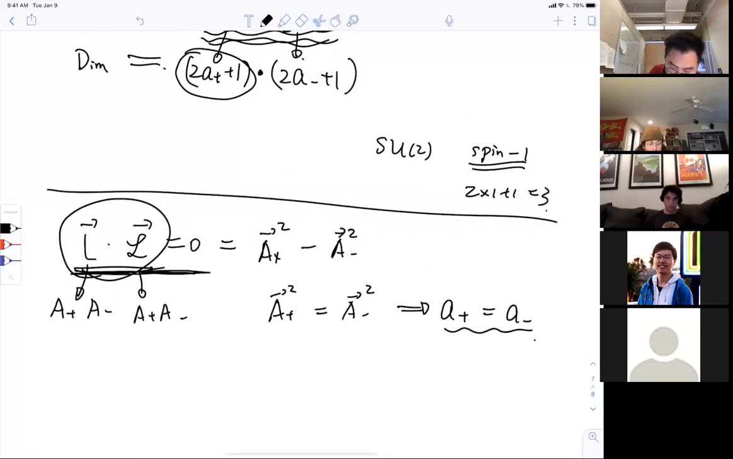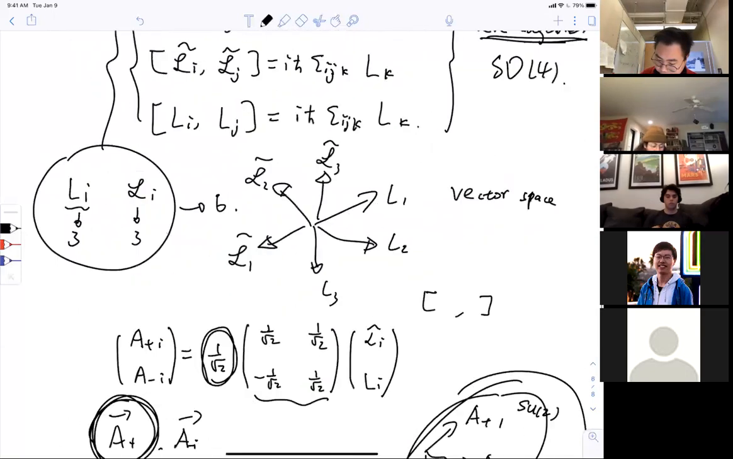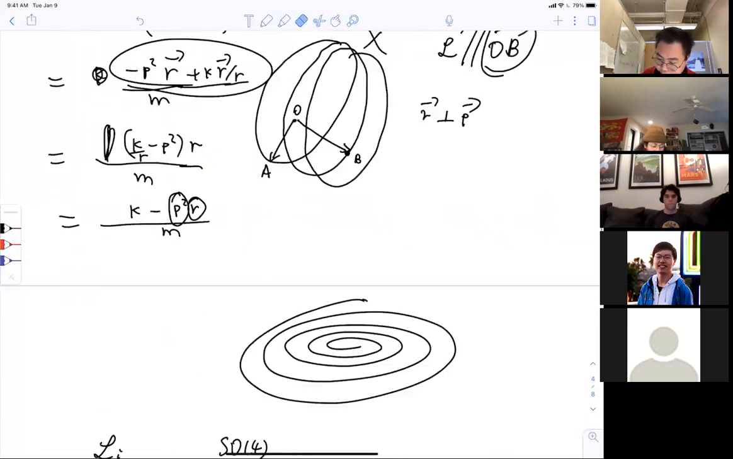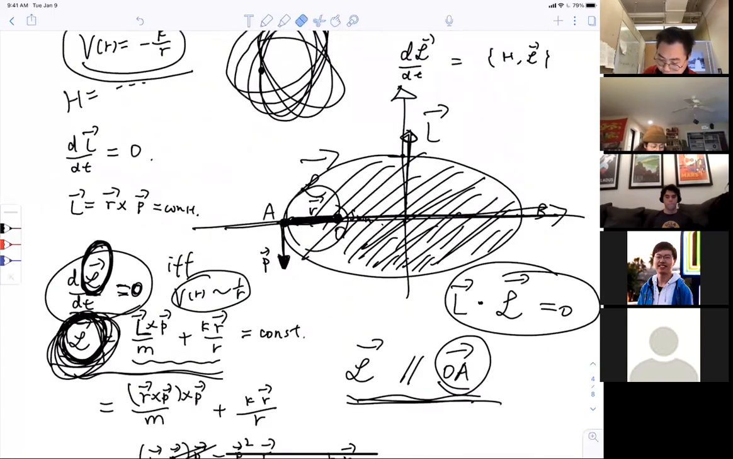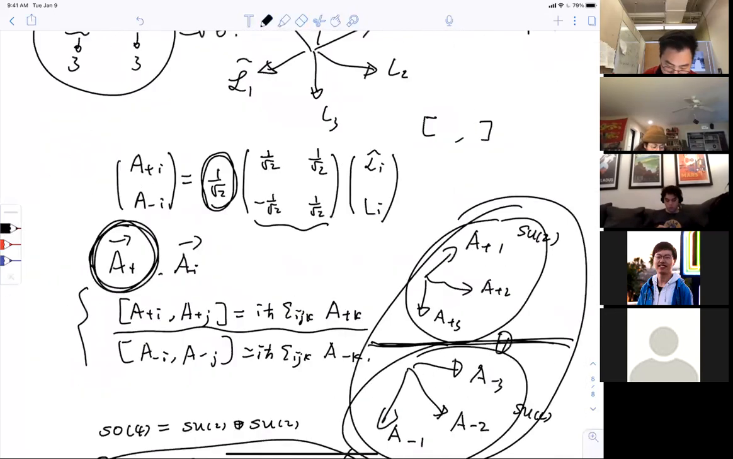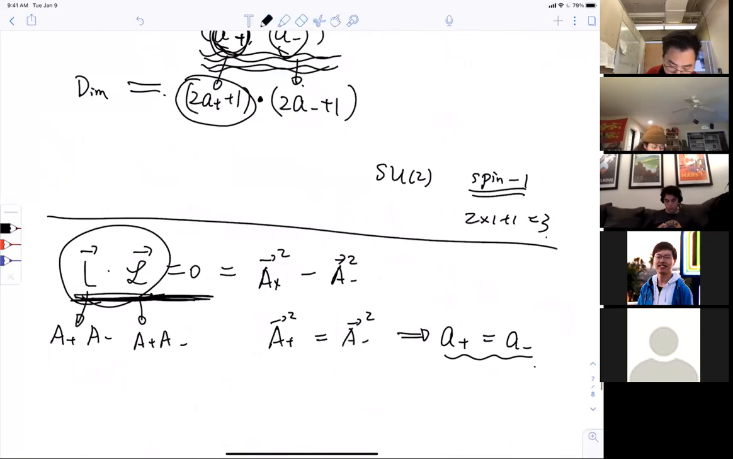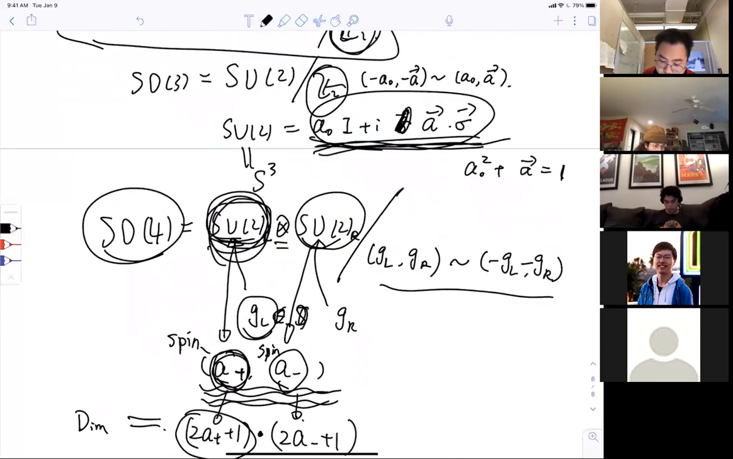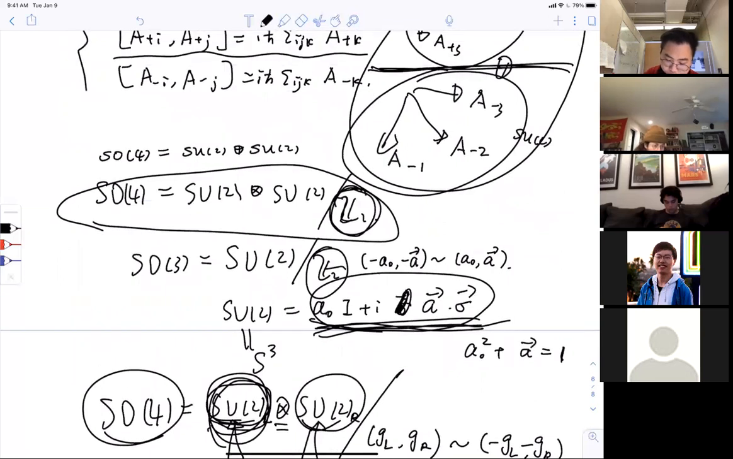This constraint is imposed by physics, right? At a classical level, we have some kind of picture, and we can imagine the orbital stuff like that. We get that they are perpendicular. And here, similarly, we can prove they are also perpendicular. If we only look at this SO(4) algebra,